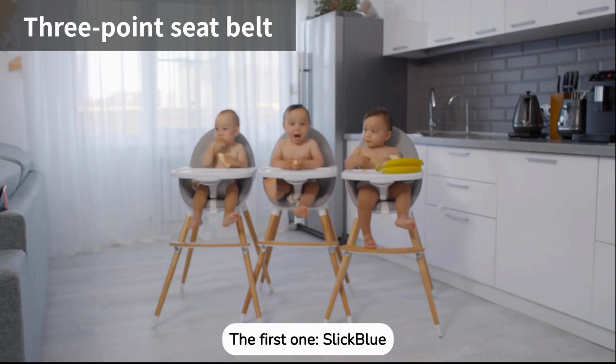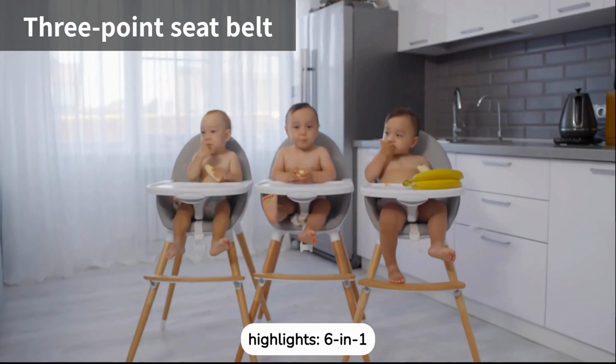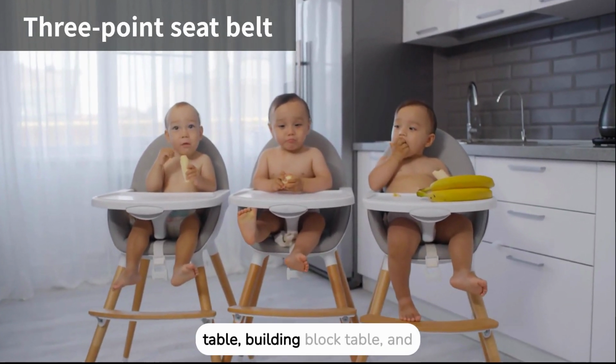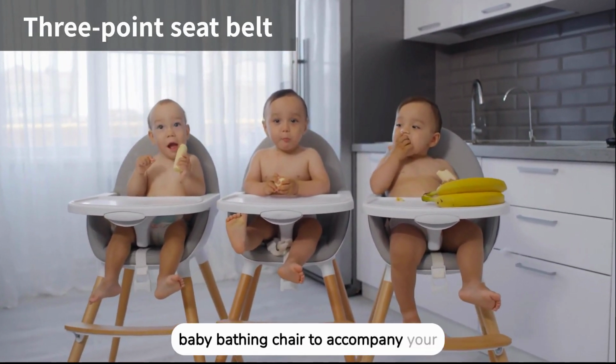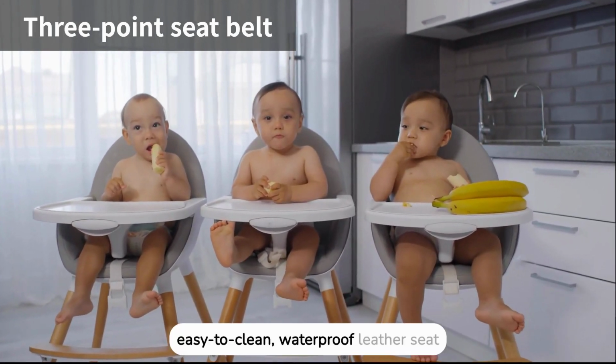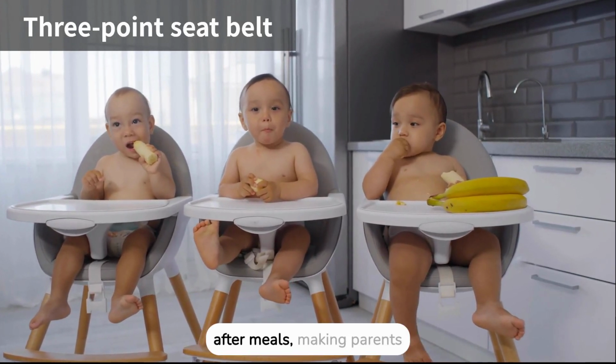The first one, Slick Blue 6-in-1 Multifunctional Baby High Chair. Special highlights: 6-in-1 multifunctional, can be converted into an activity center, study table, building block table, and baby bathing chair to accompany your baby's growth. Height adjustable, easy to clean, waterproof leather seat cushion plus removable double-layer dinner plate, quickly wipe clean after meals, making